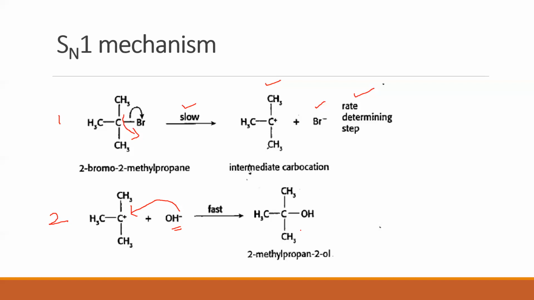Because when it is trying to attack from the front, there is the halogen that is already bonded to the carbon. The halogen is also negatively charged. The nucleophile is also negatively charged, so there is repulsion. At the same time, there is steric hindrance. The halogen that is bonded is bulky. The nucleophile coming in is also bulky, so it cannot attack from the side of the halogen. So what does it do? It attacks from all the way behind, the back side, the opposite side of the halogen. That's what happened in SN2.